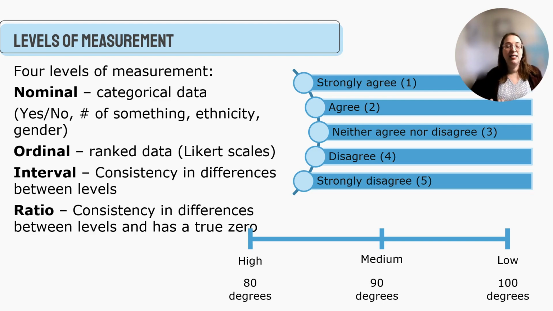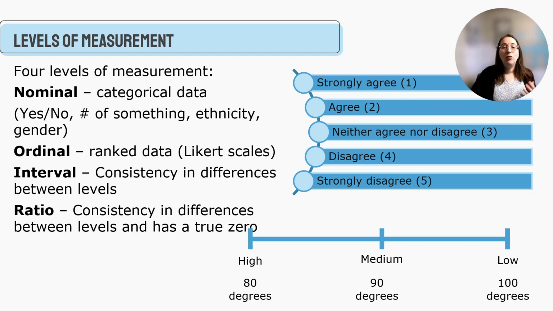What we're saying in this case is there's a consistency in differences between each level, and there's a true 0. So for example, height. You're not necessarily going to have 0 height, right? Because that would probably be nothingness. If you're trying to measure the height of individuals, you're not going to say 0 height. Well, that's nothing. Or you might not say someone makes negative $20,000 a year. So with ratio, you do have a true 0. And because you can have a true 0, unlike temperature, where I can't say, well, 100 degrees is twice as hot as 50 degrees, because you still have negative 10, right? So your scale goes lower.